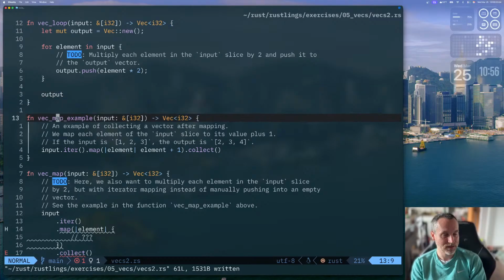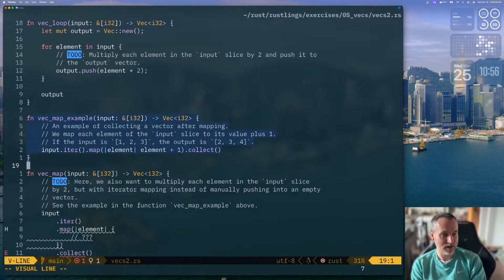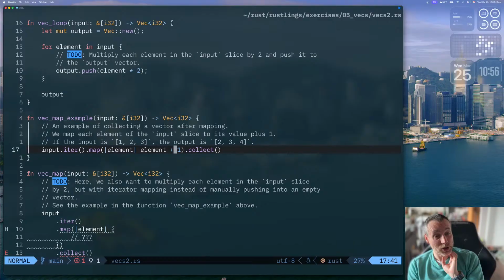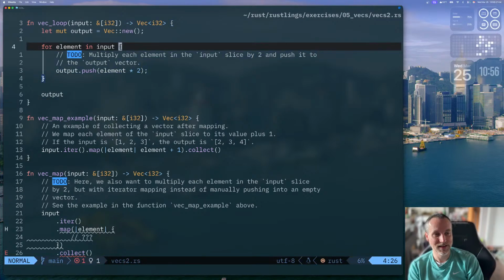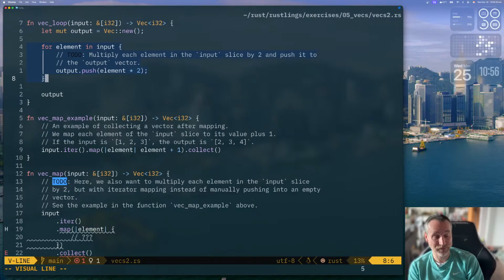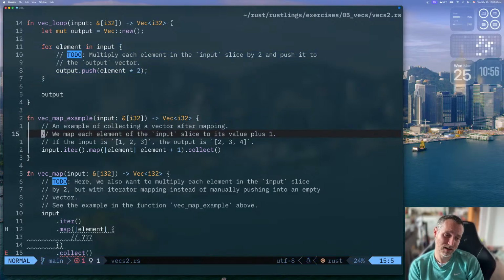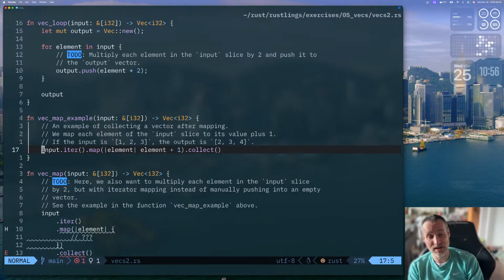Let us look at this other part here, this example. So an example of collecting a vector after mapping. We map each element of the input slice into values, value plus 1. Okay. So just to show you what we just did above in the for in loop, usually it's like a for each is what you want to think of this as. What we're doing down here in this input.iter.map, we're really doing the same thing, except we're using some functional